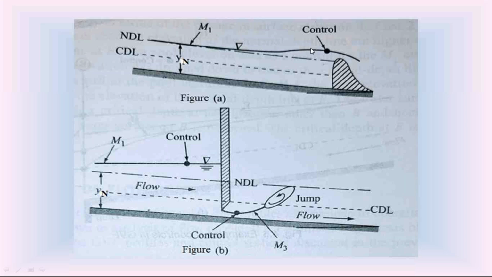Find out the length of the water surface profile for each. Finally, add all these lengths of the water surface profiles. You will get the total length of the water surface profile on the upstream side of this channel. This is the single step method, or the step method of integration, to find out the length of the water surface profile on the upstream side of the dam or the river.